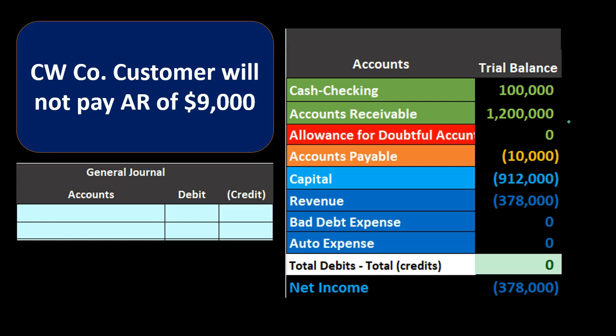There are two ways to do this. One is called the allowance method. The other is the direct write-off method. We will be using the direct write-off method here, the non-generally accepted accounting principles method. However, it is a method that is typically much easier to use. Therefore, when considering whether or not to use an allowance method or direct write-off method, we want to consider one,